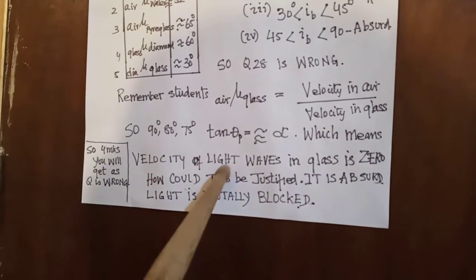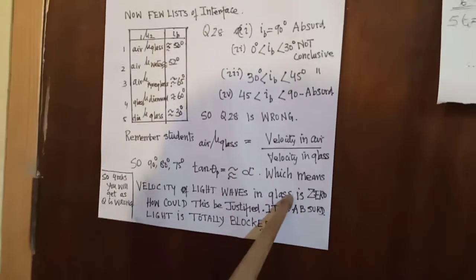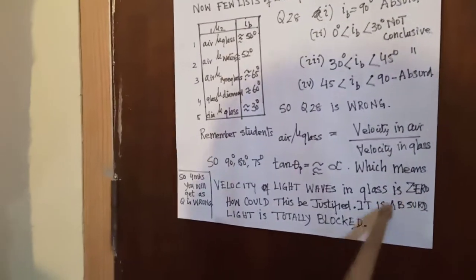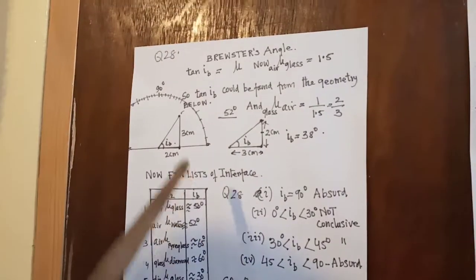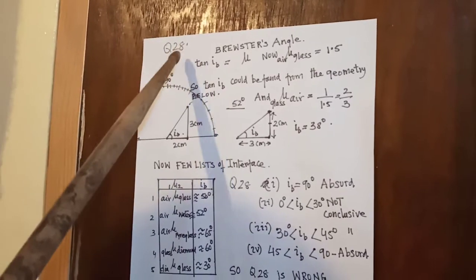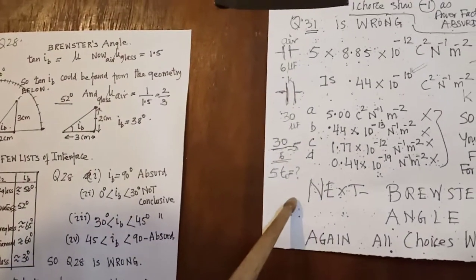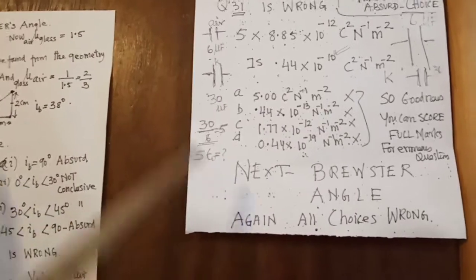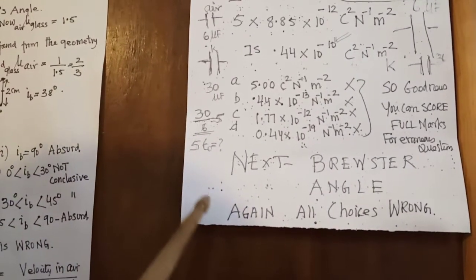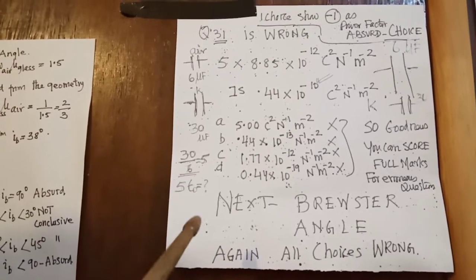So velocity of light waves in the second medium, not necessarily glass, in any second medium is 0, which is not possible. So students, this is 1 point. Question 28 is also wrong. So from here you can collect 4 marks, and from here you can collect 4 marks, and it is up to you to be interested in this, to be prompt in telling your teachers or your principal